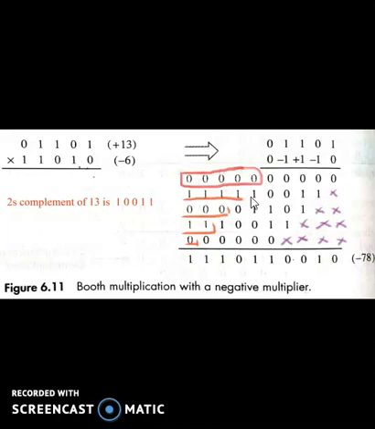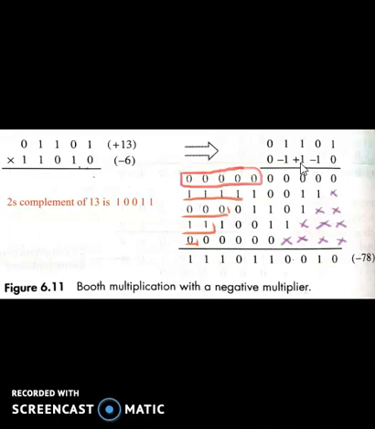Now this bit is 1. This bit indicates the minus sign, so extend this bit up to the remaining positions. So this is 1 1 1 1. Because this bit was 1, we have to extend the remaining bits with 1 1 1 1 1. Okay. Now next we have to skip 2 positions because we are moving ahead.